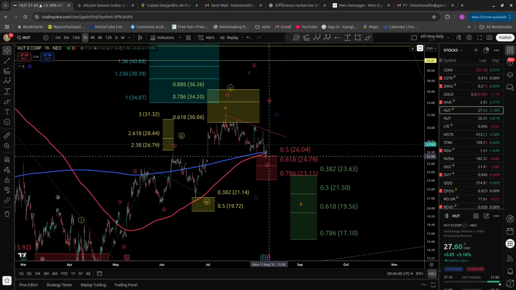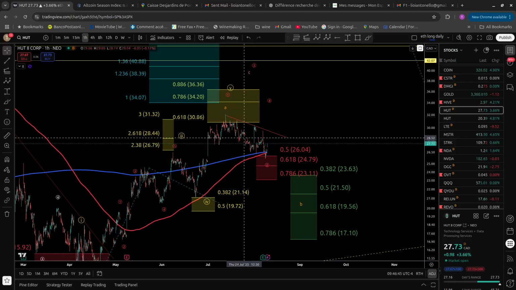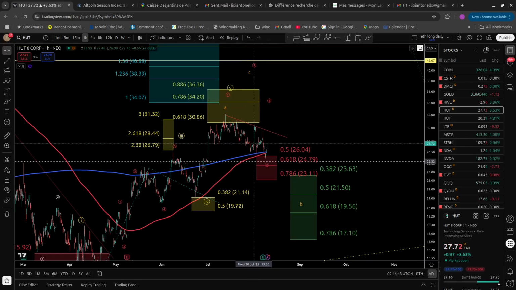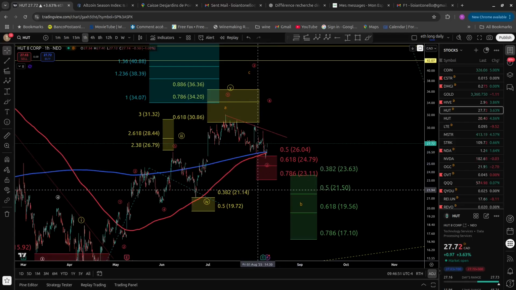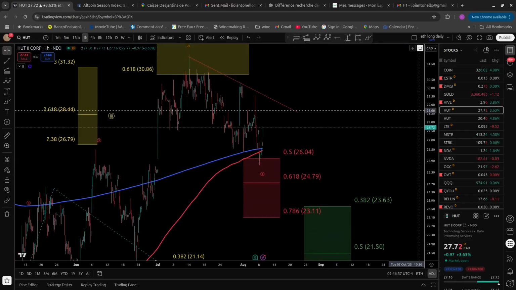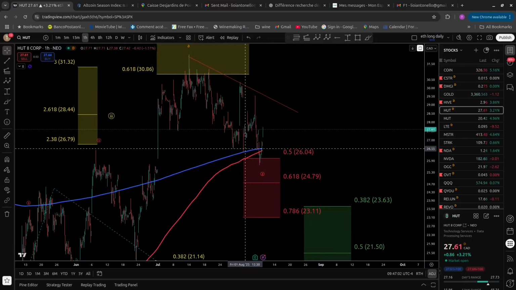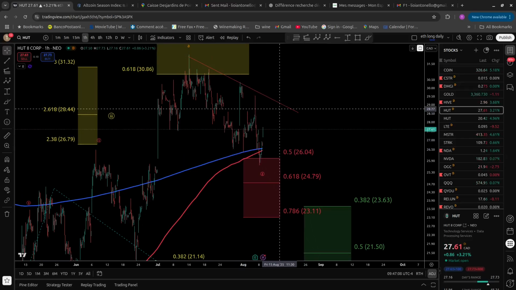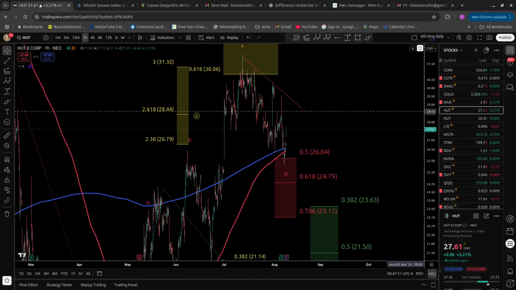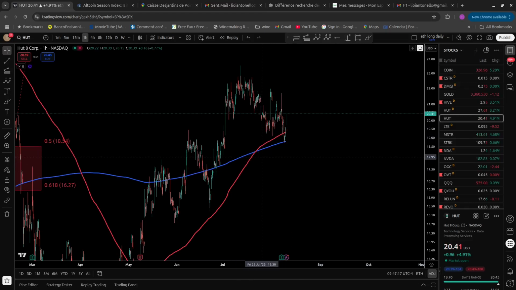We did reach the 0.5. This could be finished. This is a very messy correction. I cannot see any ABC, and I'm just going to wait and see the price reaction. We are about maybe possibly to do a golden cross, which is when the MA50 overlap the MA200. It's positive, but to make it work, price need to push higher. So let's see if this it's happening. And you see, that's crazy. On the US chart already did it, right?